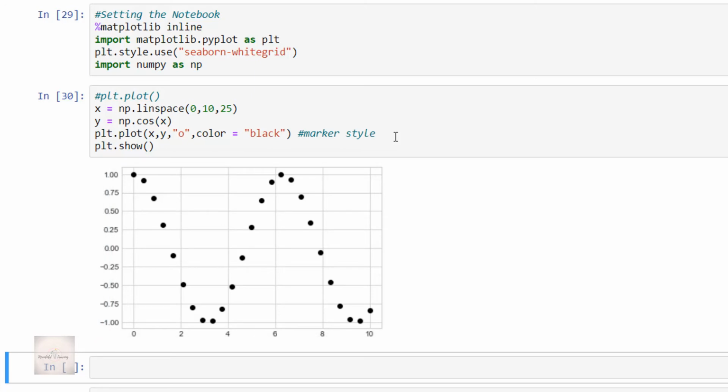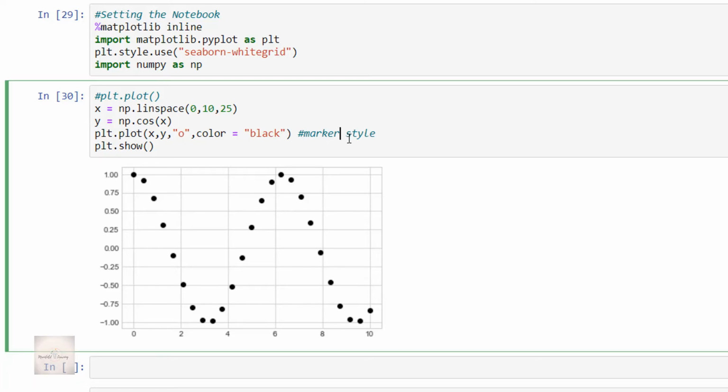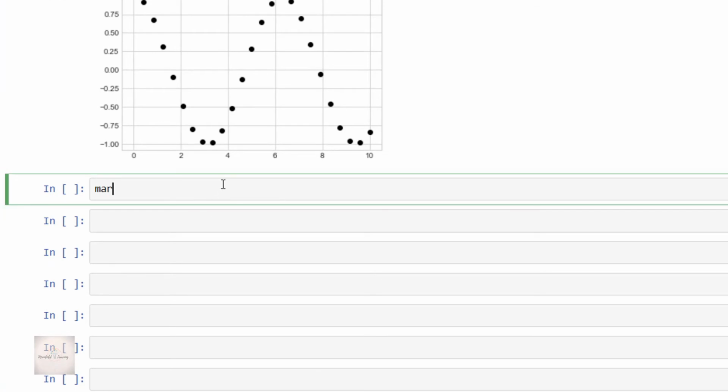Now, the scatter plot's marker style has its own set of short string codes. So now let me write some code to show you some of the very commonly used marker styles. So marker styles is equal to a list: 'o', 'x', '+', 'v' for lower triangle, '^' for upper triangle, 's', 'd', 'p' for pentagon, and then star.